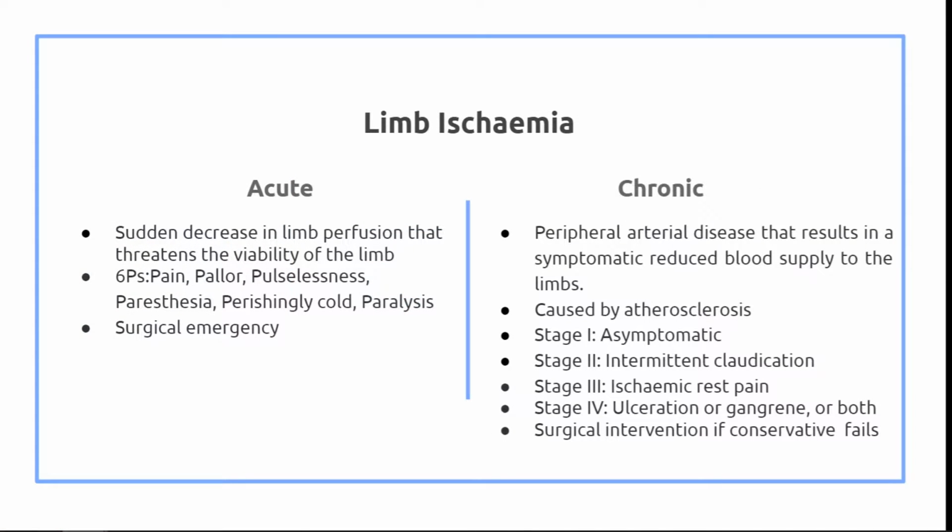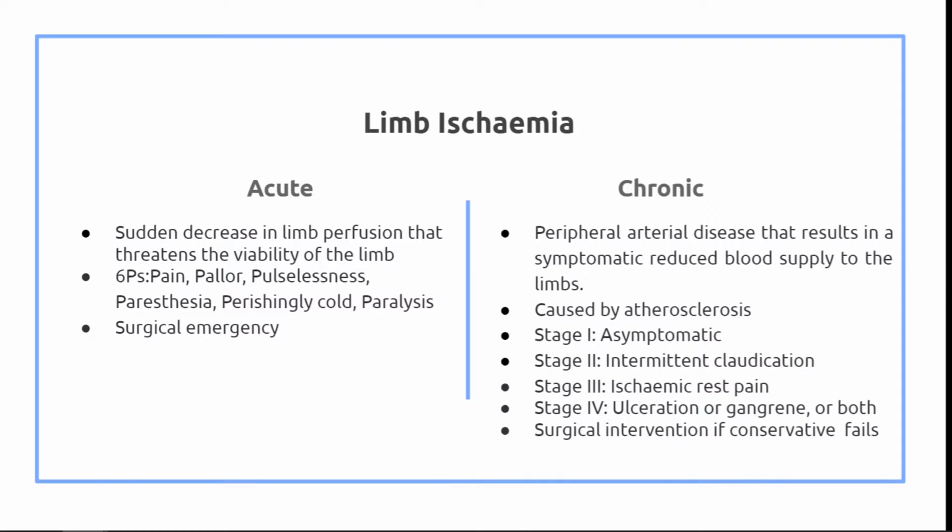There are two types of limb ischemia, which are acute and chronic. Acute is the sudden decrease in limb perfusion that threatens the viability of the limb. The main signs and symptoms can be described using the 6 P's, which are pain, pallor, perishing cold, paresthesia, pulselessness, and paralysis. Acute limb ischemia is a surgical emergency, because it will lead to irreversible tissue damage within 6 hours